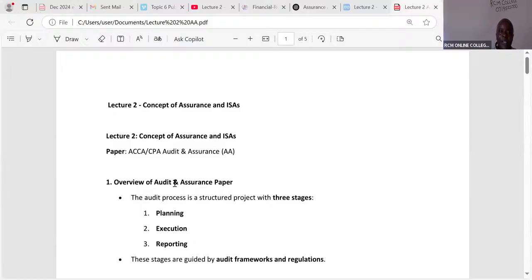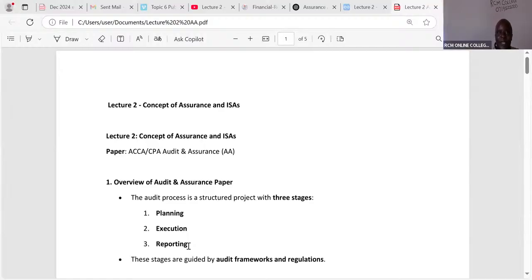When I'm given some assignment to do, for example, White Sands Hotel in Mombasa to audit, remember, I run a licensed audit firm in Kenya. So I've been given White Sands Hotel in Mombasa to audit. Then that is a unique project. So for any project, even outside audit, there are 3 key steps. Any project must be planned very well, must be executed very well, and then, of course, we must have what we call a reporting framework.